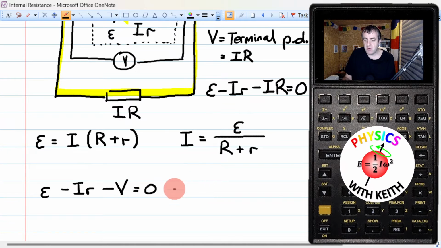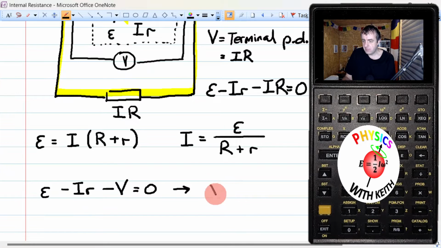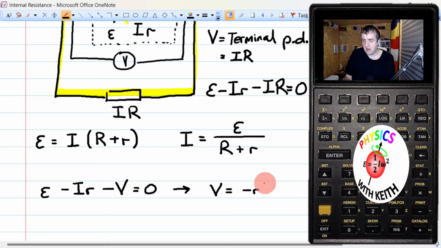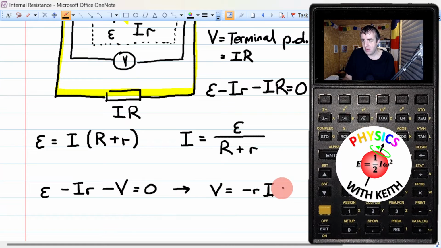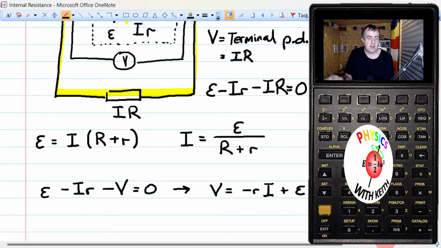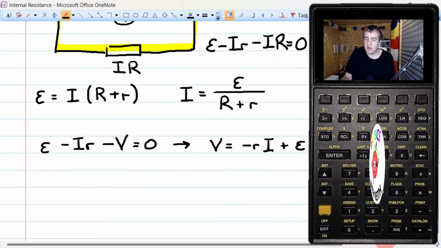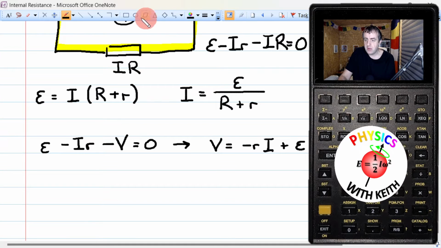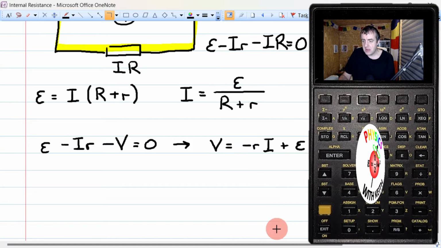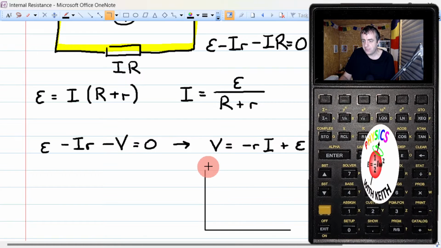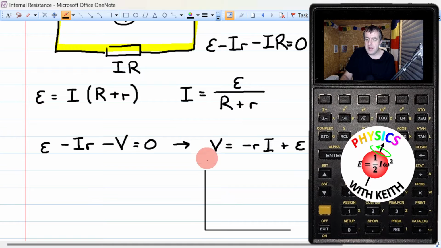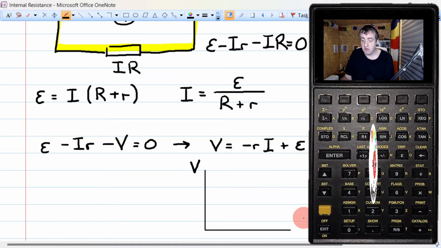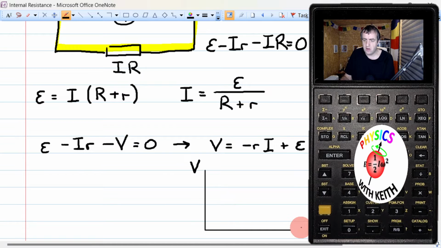That equation can be rearranged. V equals, let's put minus RI plus epsilon. Now you're probably wondering, why have I written it in such a weird way? If I were to plot a graph, let's get my axes out, where on the y-axis I put the potential difference across the terminals, the terminal potential difference, and on the x-axis